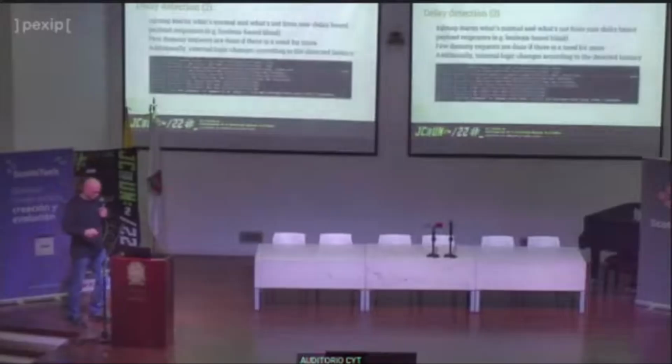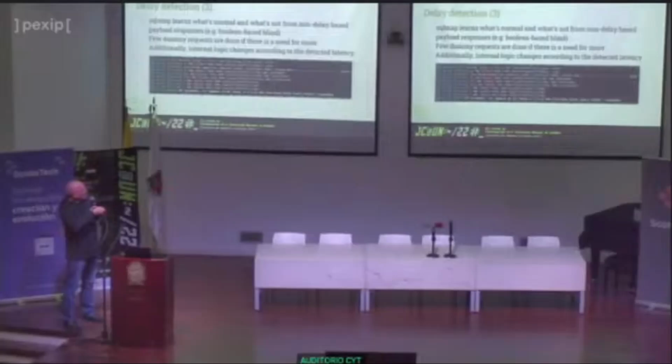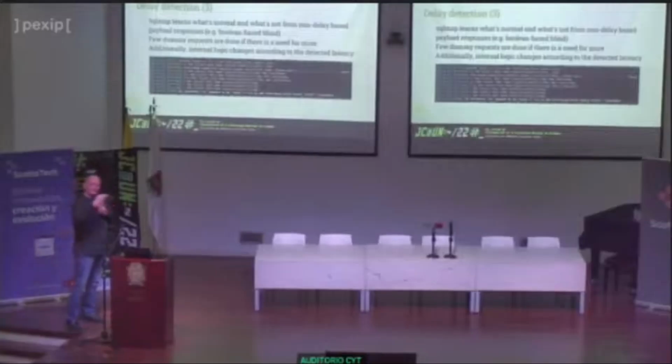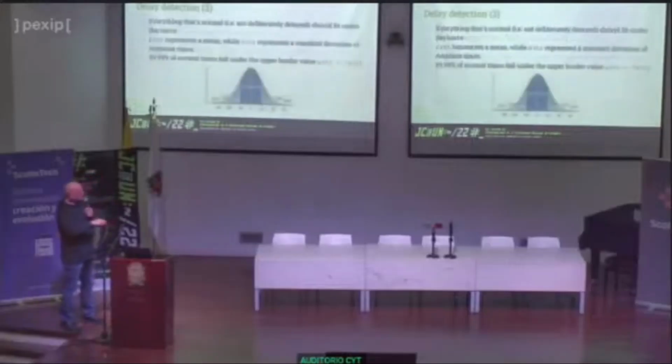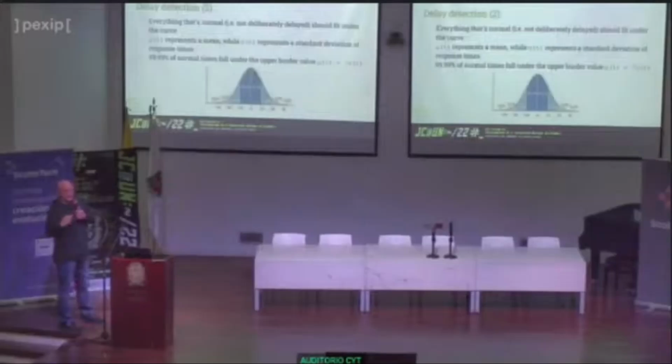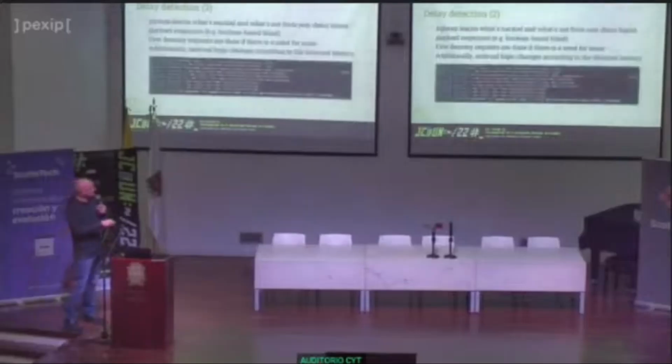And how does it look when you run SQLMAP? Here you have time-based comparison requires larger statistical models. Each of those dots is one regular request being sent to the other end. We note the response time and calculate this same curve, and we note that everything outside of this 7 sigma is really a true positive, a delivered delay, and everything inside is a regular response. So you can see